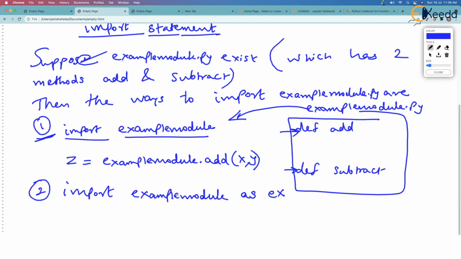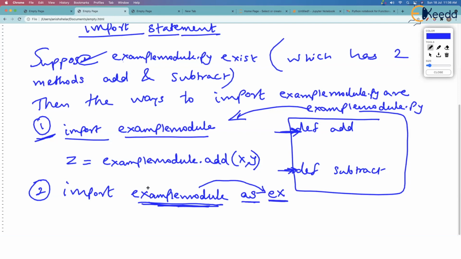Many times, you will see one keyword as. Now what this means here, we are still importing our py file, example module. So both add and subtract are imported because we are importing the entire module. But now this module will be called as ex by us. We are just giving it some other name, a shorter name for our convenience.